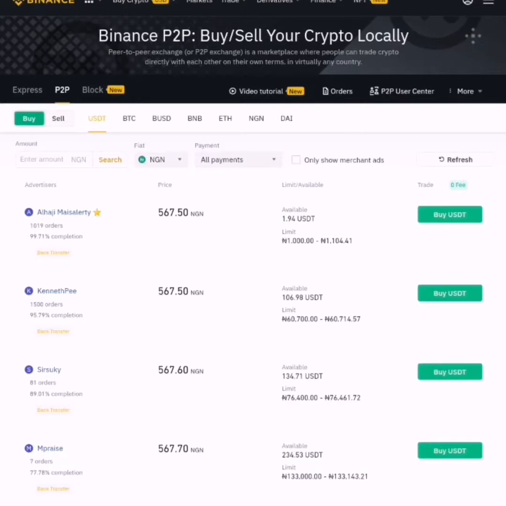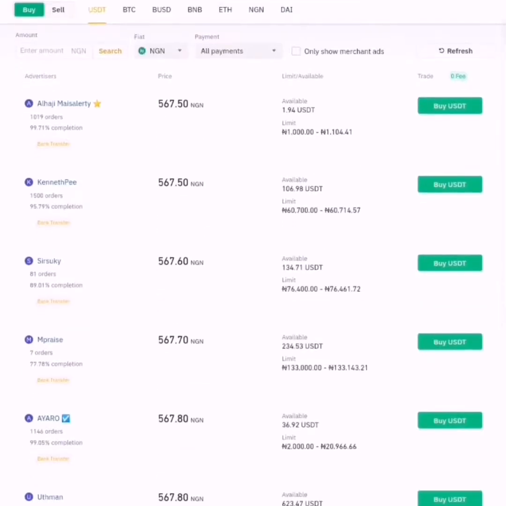And the last one, once you have negotiated the price, then you now go and make the transaction. You complete your transaction offline. After you have completed your transaction offline, you have to send